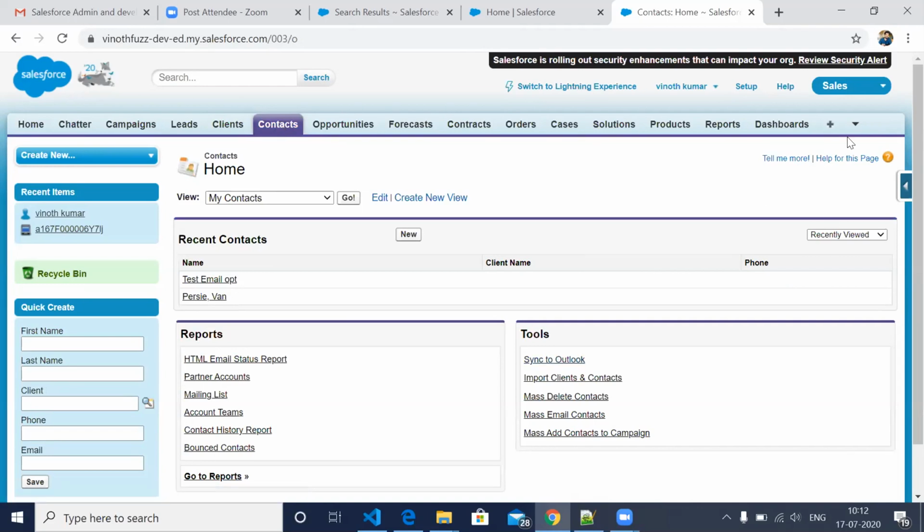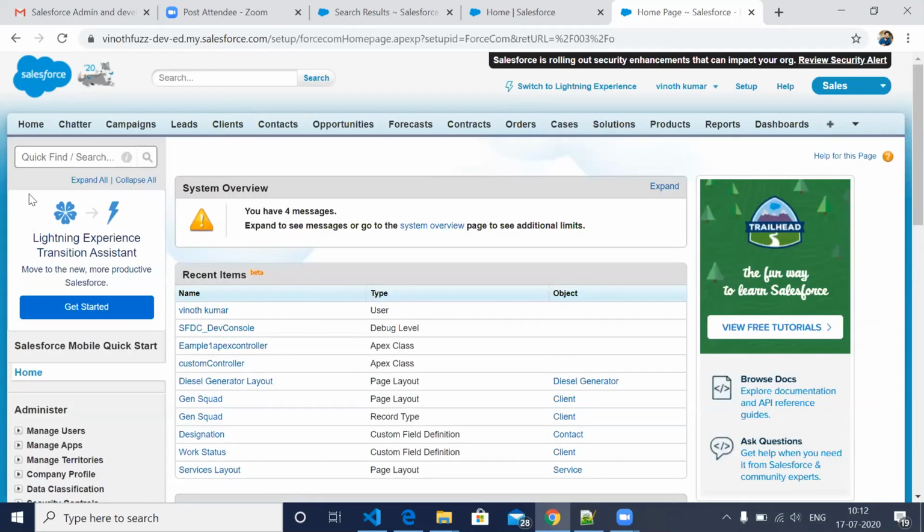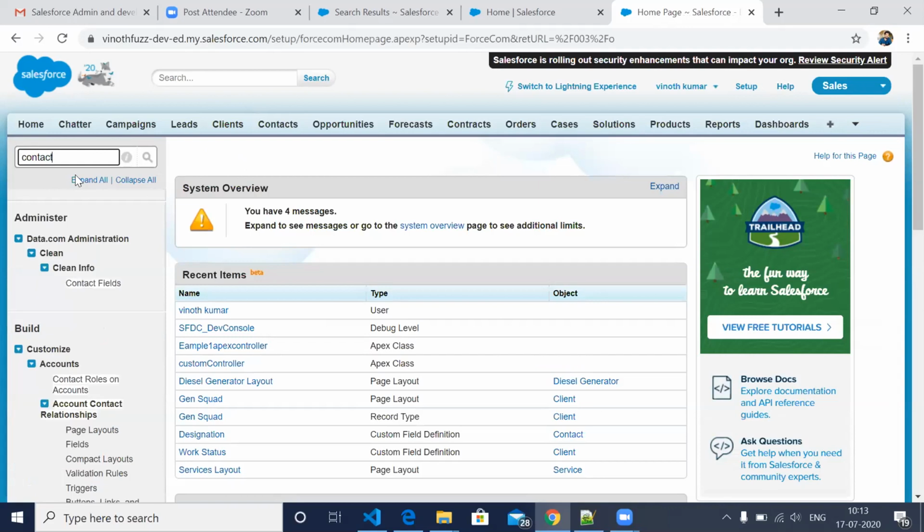So I'm just going to set up. There we have seen Object Manager separately, right? So here we have, let's say, Contact. Contact is called a standard object. Standard object means it's a standard table.